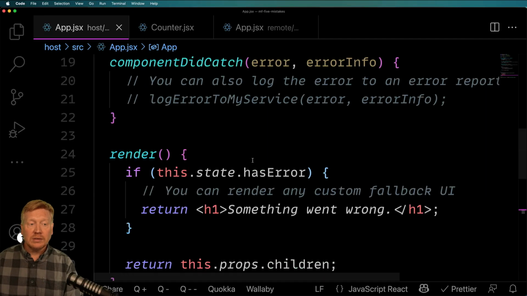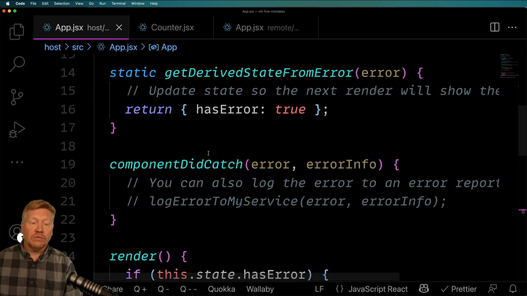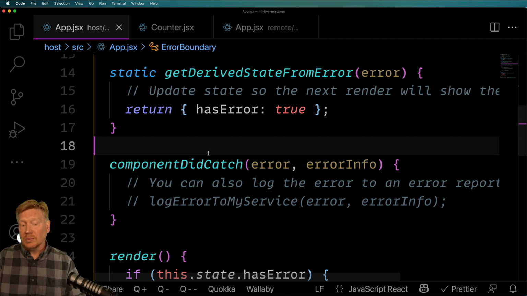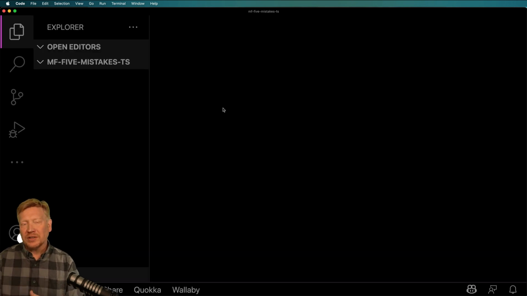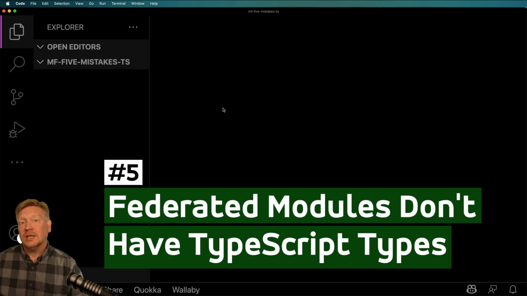And all I did was paste in the code from the React documentation and comment out this non-existent log error to my service, which you should replace with something that would log an error to your error tracking service. Okay, so our fifth and final mistake or misconception when it comes to module federation is around